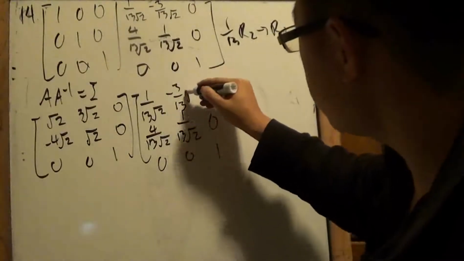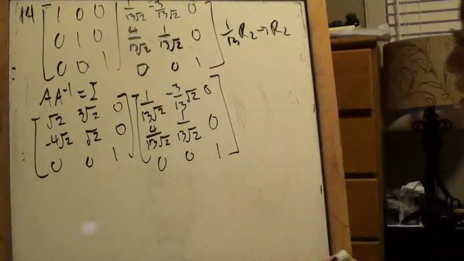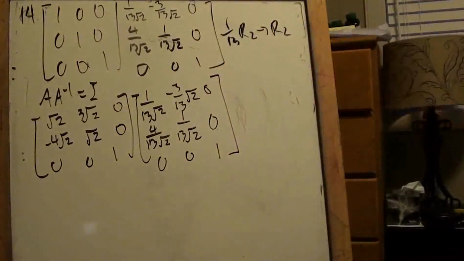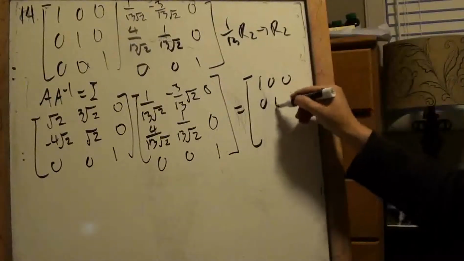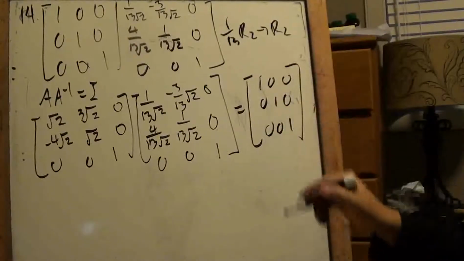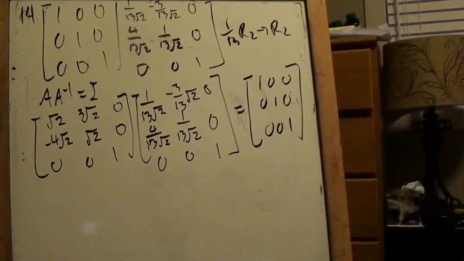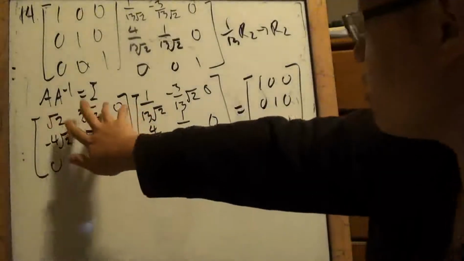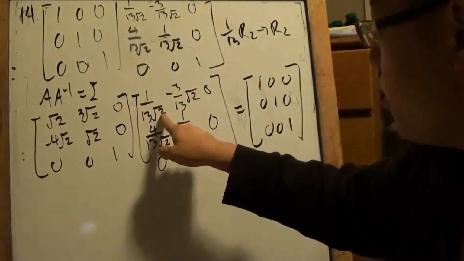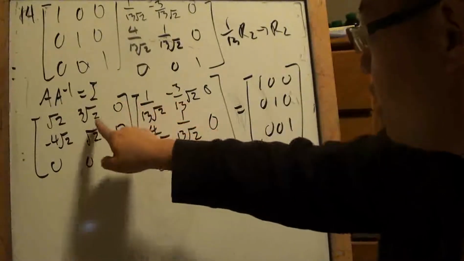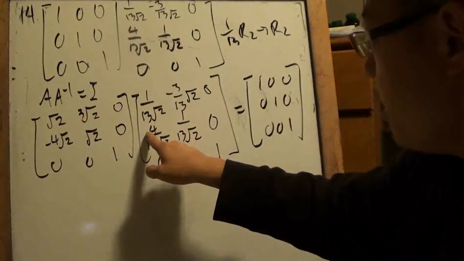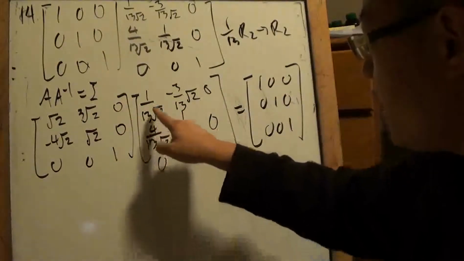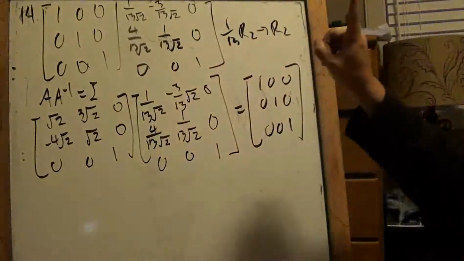I already tried multiplying this and it was accelerating because a lot of machines were running at the same time. But what actually happens is this does give me, believe it or not, the identity matrix. It would be a fun challenge if you have time to check it for yourself, but it works. Times 3, so square root 2 will be cancelled out, 1 over 13. So 3 times 4 will give you 12. Square root will cancel out, 12 over 13 and 1 over 13. Add them together, you have